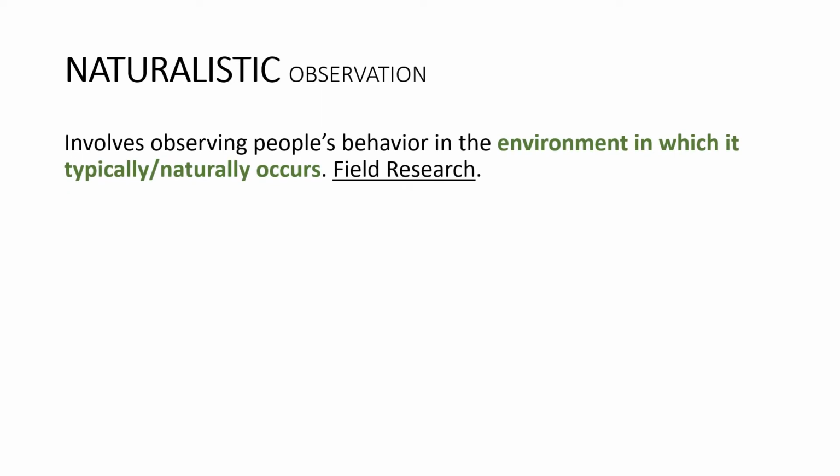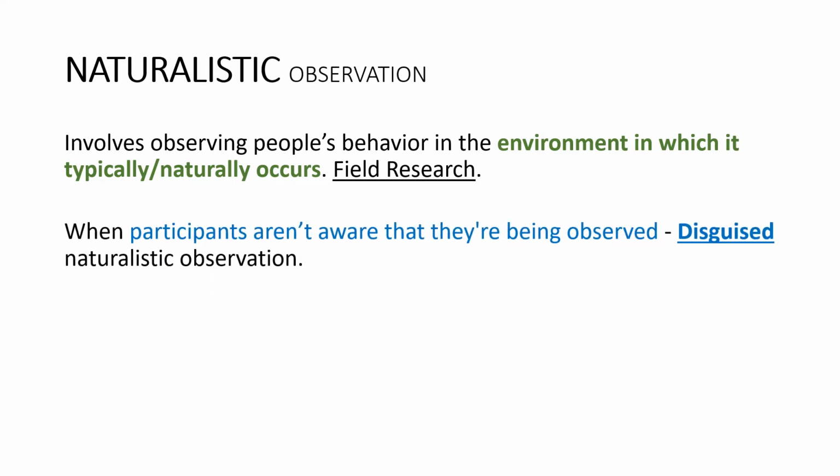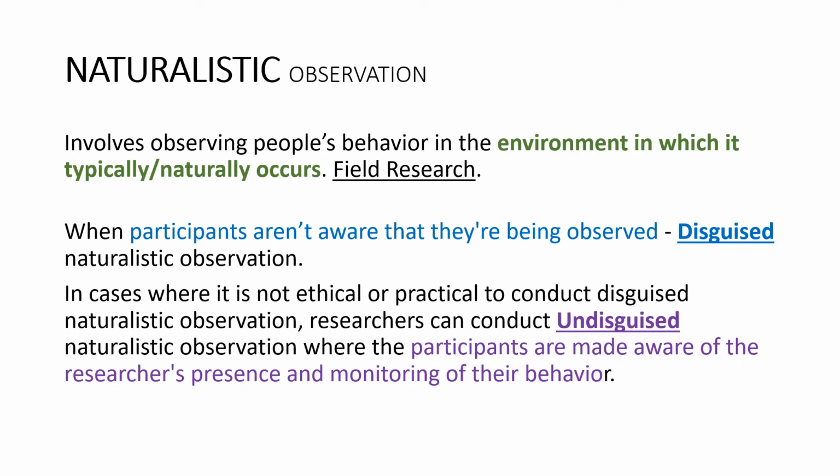In naturalistic observations, behavior and phenomena are recorded in the environment in which they naturally occur. This kind of research is also called field research. There are two kinds of naturalistic observations. One is where participants aren't aware that they are being observed. That is called disguised naturalistic observations. And when it isn't possible to withhold the identity of the researcher, where it is unethical or impractical to do so, undisguised naturalistic observations are pursued,